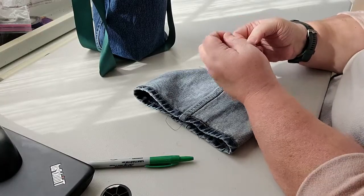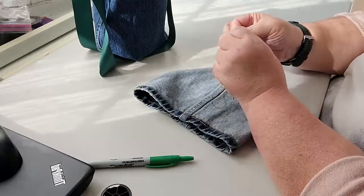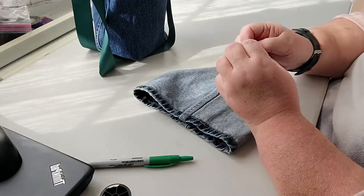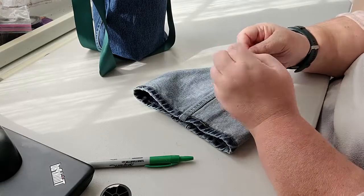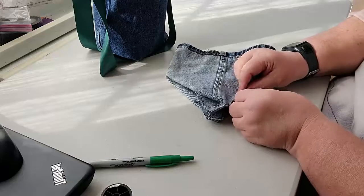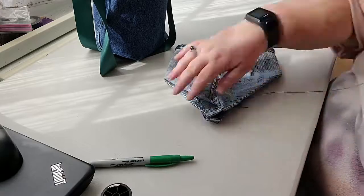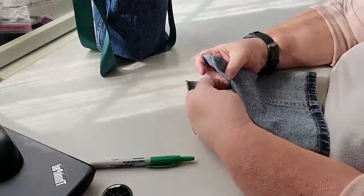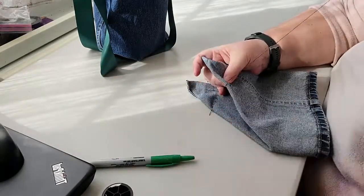So I'm going to go in fast mode because you guys have seen this before. We're going to thread our needle, loop it around, pull the needle out, push the loop through, and we've got a threaded needle. And then we're going to tie off the end. We need our knot to make our slip knot. And then I'm just going to sew off that last corner. In through the side, up, slip the needle through the two pieces of thread, and I'm going to go across,